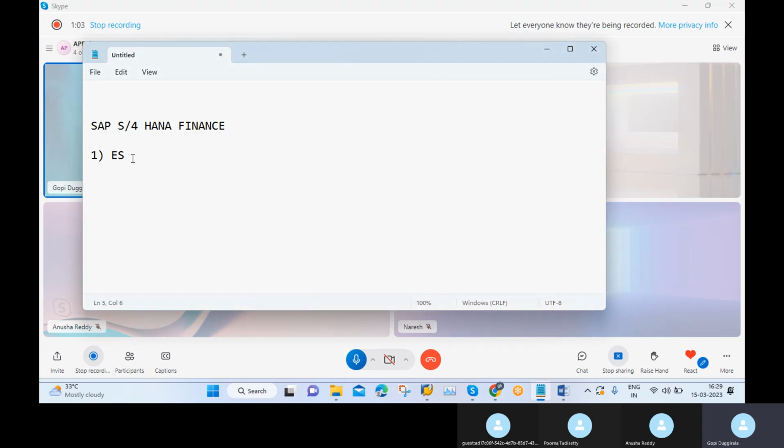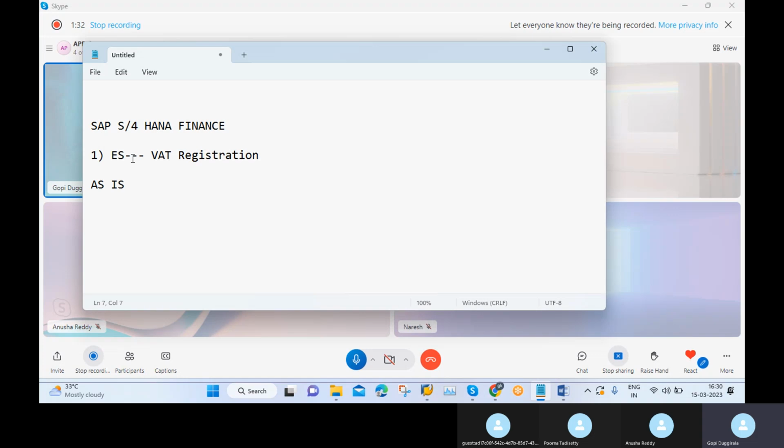When it comes to real-time projects, in enterprise structure there is a chance we can get some additional configurations also. For example, the VAT registration number. If you are working with VAT registered countries, we need to maintain the VAT registration number in the ES configuration itself. And here I need to explain one more very important point, generally